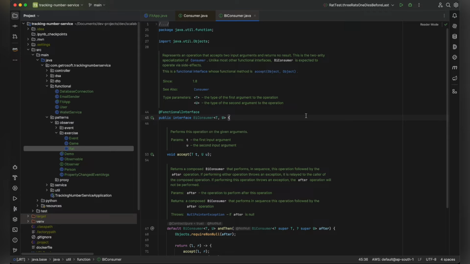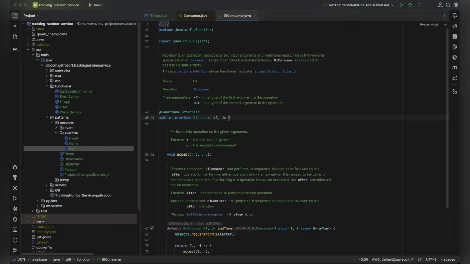Both consumer and BiConsumer are heavily used in the observer design pattern, and they are also used in many business scenarios, like accepting two input arguments where we need to update the balance of the user in any banking application. So in order to understand the implementation of this BiConsumer interface along with a real world example,